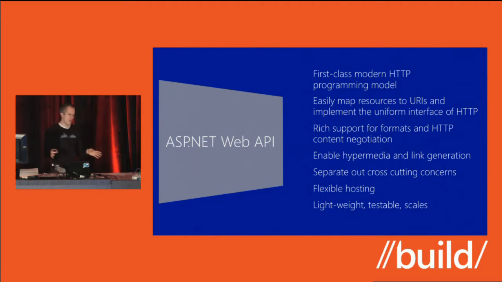HTTP is all about formats. Like any request response could have a variety of potential media types. They could be binary, they could be text, PDFs, images. ASP.NET Web API makes it really easy to deal with any format, including your own custom ones. And you can plug them right into a full and rich implementation of HTTP content negotiation. What that means is when a client asks for a particular format using the standard HTTP way, saying, I accept these formats, do you have one? ASP.NET Web API will take care of handling that request and picking the right formatter and formatting out the response